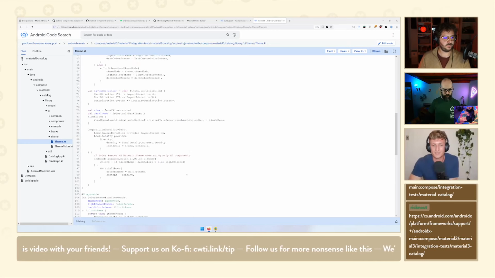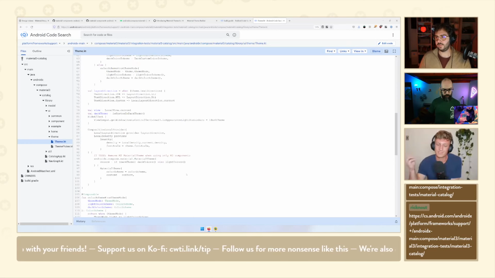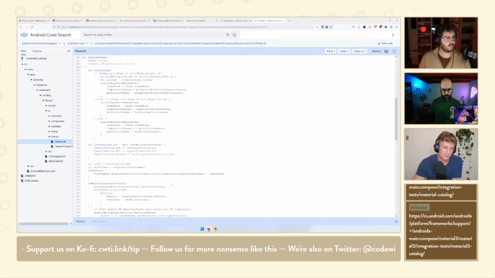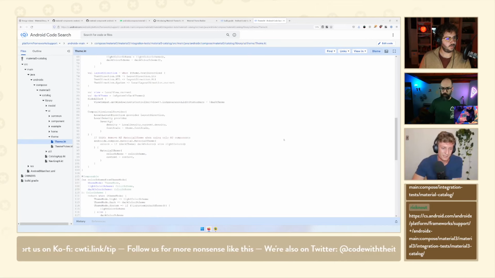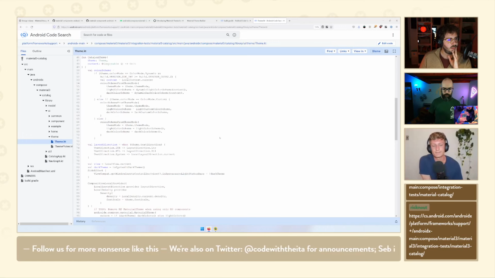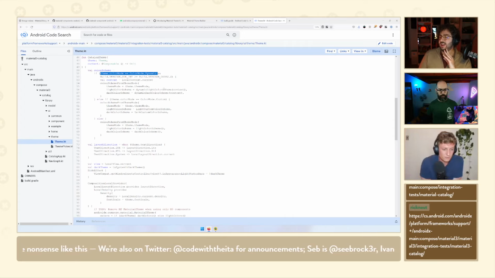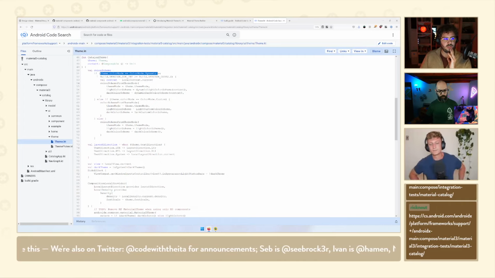It should just provide those composition locals the same. So I think it's much of a muchness. And then I guess you've done the same in bundle, but a lot of this setup here is effectively all the Material 3 things, like choosing your color palettes, dynamic color or not, and so on and so forth. Right.